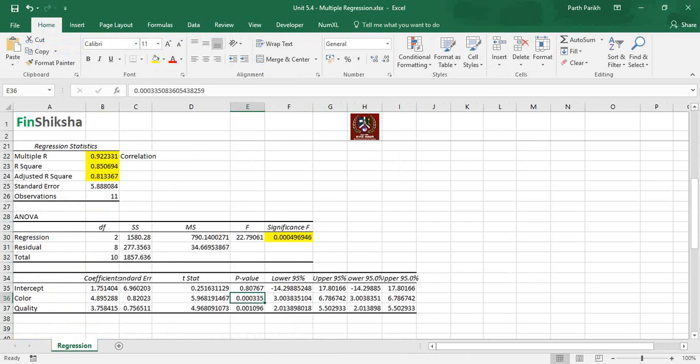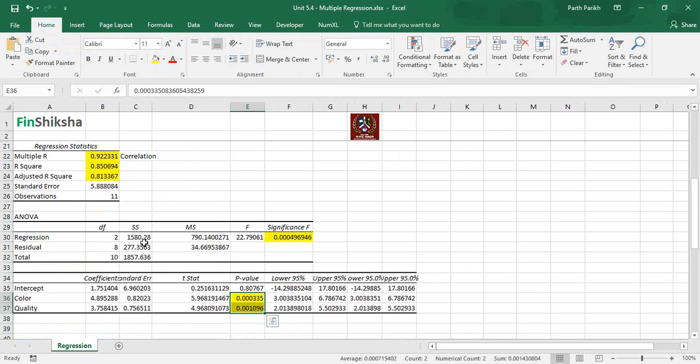But over here you can see that my p-value for each of the variables is different from the significance F. So that's what I was trying to convey. When you have only one variable, your p-value would be equal to the significance F value. But when you have more than one variable, then your significance F and p-value would be different. However, you have to check that the p-values are less than 0.05. So you can consider both these values, which is good: color and quality, which represent the price output function.